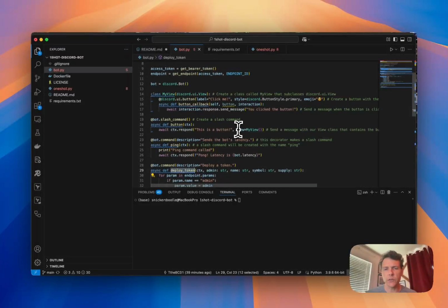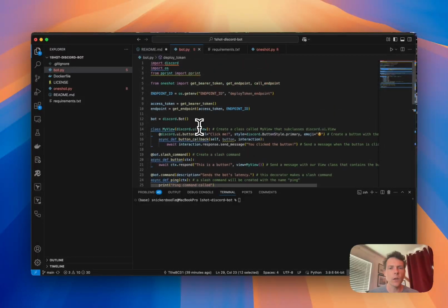And it's also got a really simple button command, just to show you how a button would look from a Discord bot. You could tie that as well to triggering an on-chain transaction. So this is the bot we're going to be running. This other file in here,